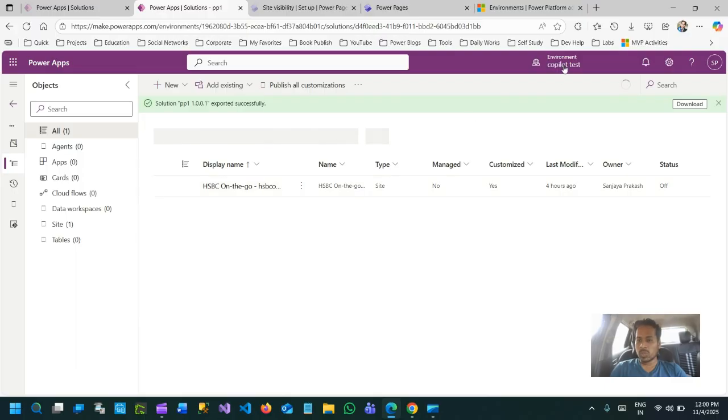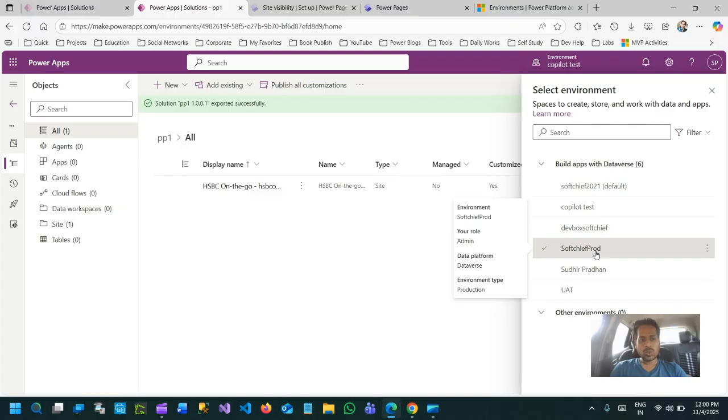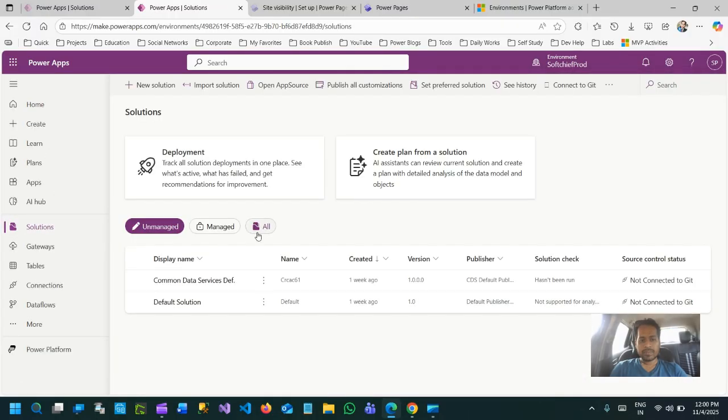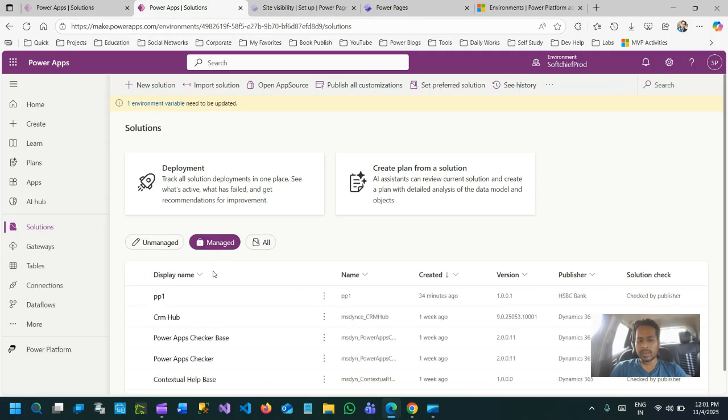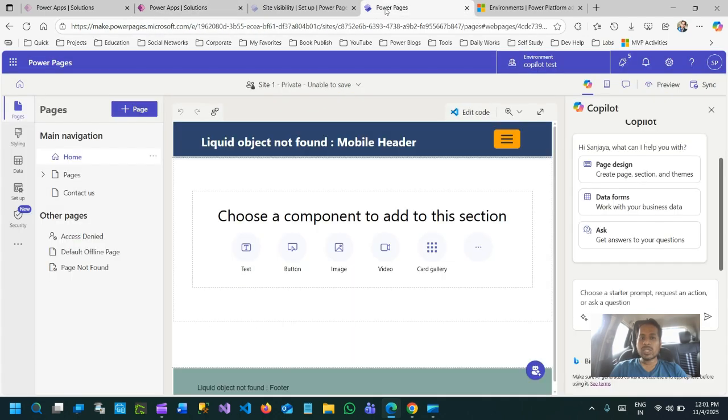If I switch to the production environment, I just go to solutions and imported it here. And this is what I imported. So this is the solution which contains the Power Pages website that was exported from the developer environment and imported in the production type environment. Then you can open the Power Pages and reactivate this. And once you reactivate this, you can switch